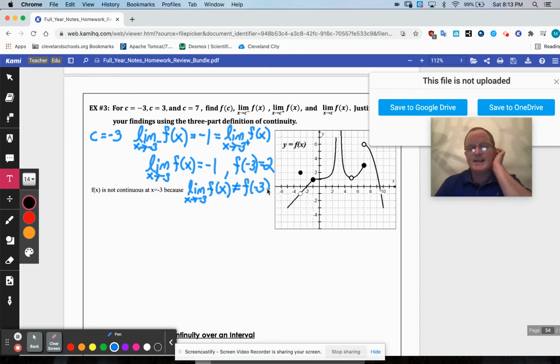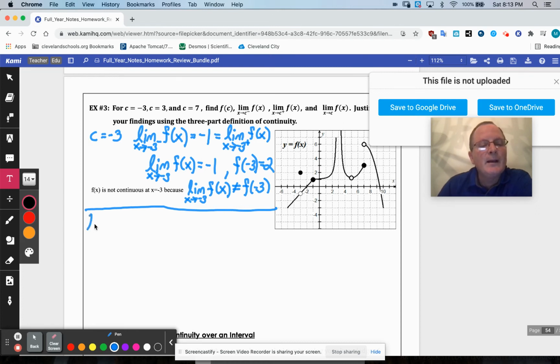Okay. Then it says to do that again for at 3. So at 3, oh boy, we've got an asymptote. Let me just draw a little line here, and try not to take up as much space. So this is at c equals 3. The limit as x approaches 3 from the left of f of x is infinity. Okay, the limit